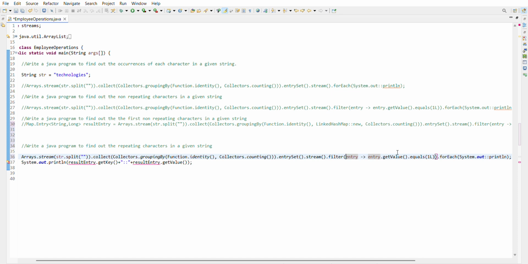here instead of equals, I'm checking whether it is allowed to use not equal or else. Okay. So what I'm trying to do here,